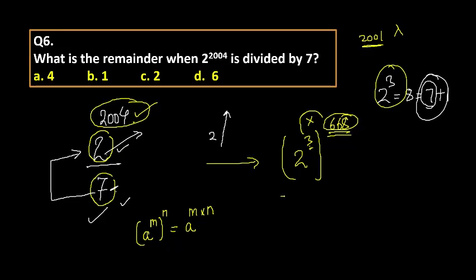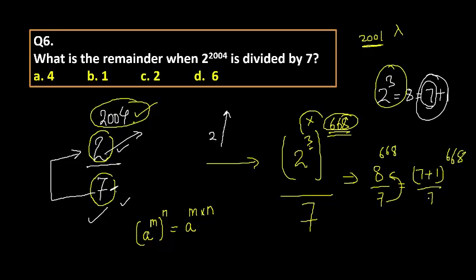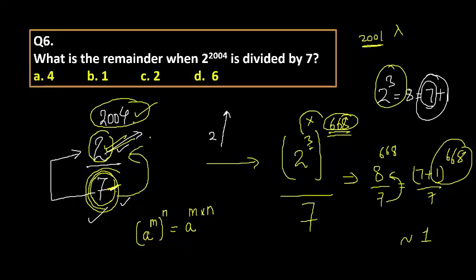So I think now you can do this question. This is 8 raised to the power 668, and now it is a very easy question for you. Now we can write 7 at the upper side, that is 7 plus 1, and 1 raised to the power anything is always 1. Are you getting my point? You have to make this number anyhow at the upper side. I have to make a number which is close to 7 or a multiple of 7 at the upper side,